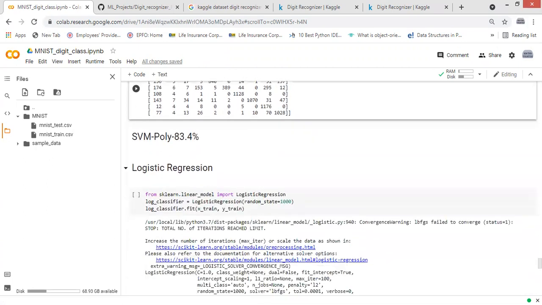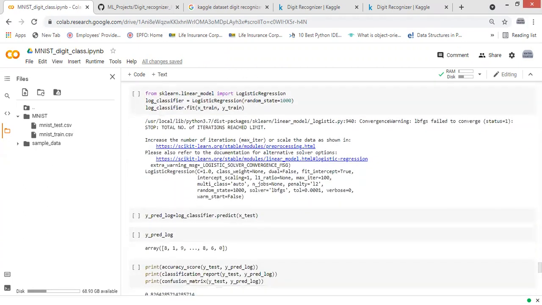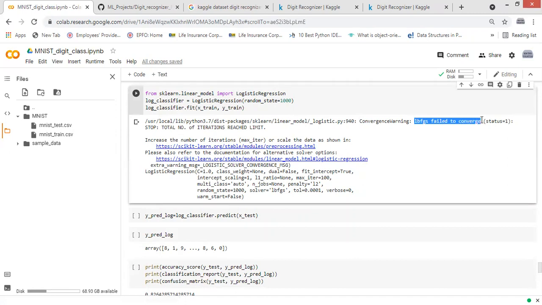Now I have also used logistic regression. In logistic regression I simply used this, and I also got a warning message that the number of iterations is very large, and LBFGS failed to converge. So I also used Saga for convergence with L1 penalty, and tried L2 penalty also.